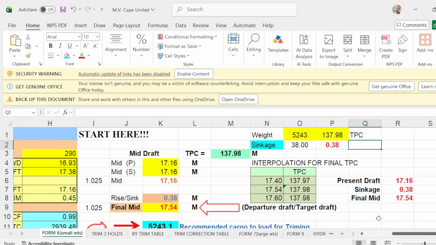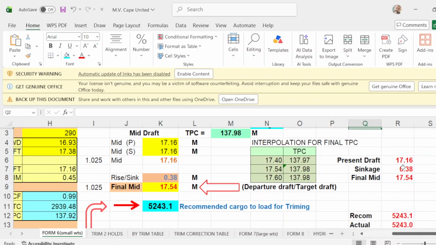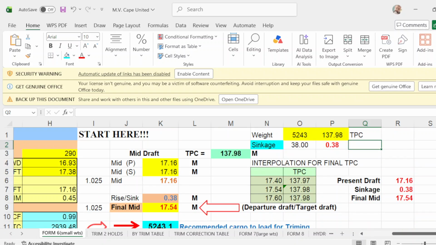Okay, this is your sinkage. Okay, so your mid drop is 1716, your sinkage of 38, then your final mid departure is 1754, which is the same here.